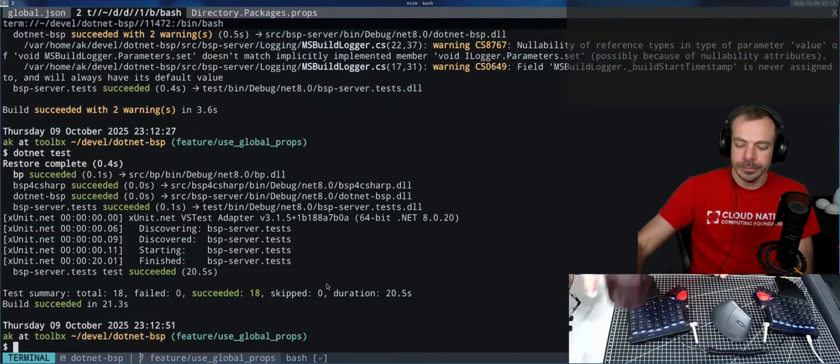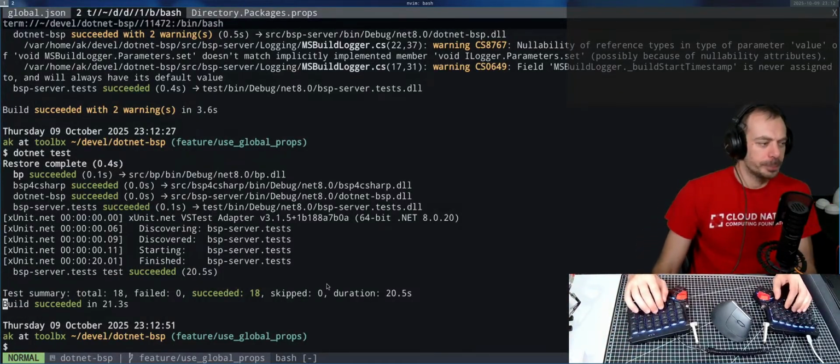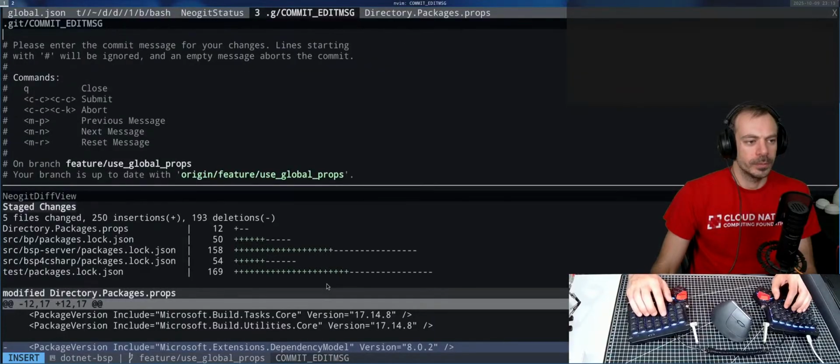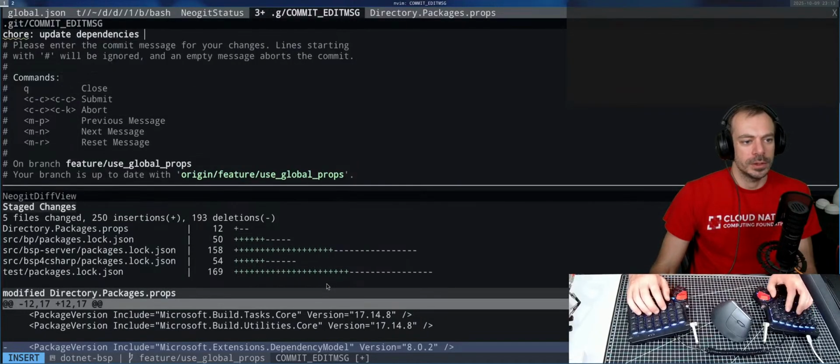Okay. This worked. And let's push them. Dependencies to